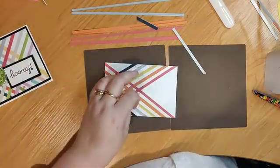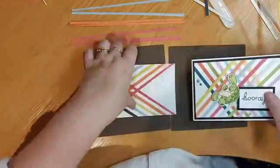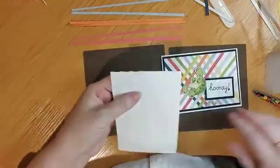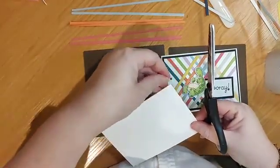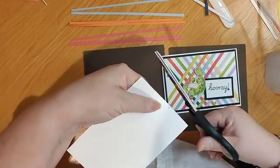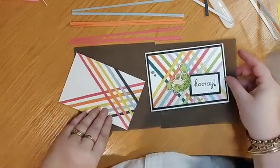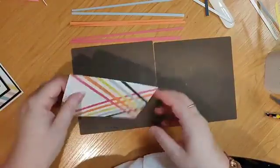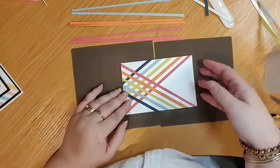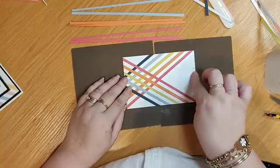Okay, so this is our finished one, so you can see the difference. This one was a bit more upright, this one was a bit more on the length. Yeah, I was just sitting here thinking, oh actually this is going to end up looking very messy, as I was looking at some other adhesive that was stuck on my tape. So you could do this way, you could do this way, you could do this way, whichever. My thinking with doing it like this, so I've got a gap here, is that my sentiment is going to go there,